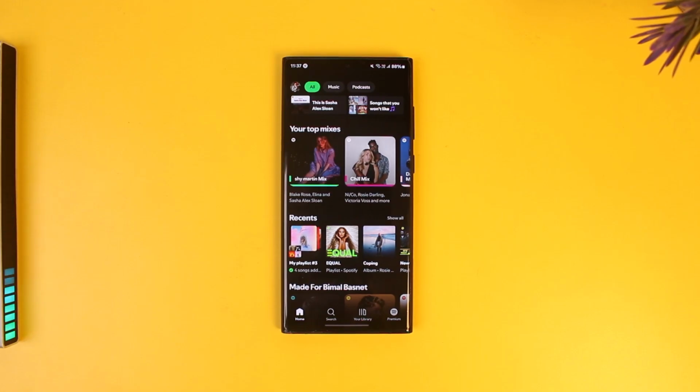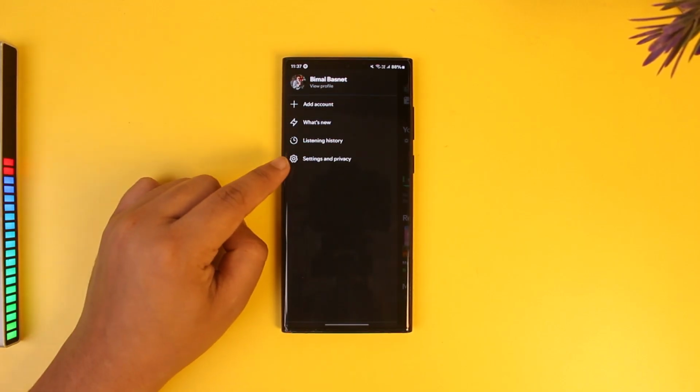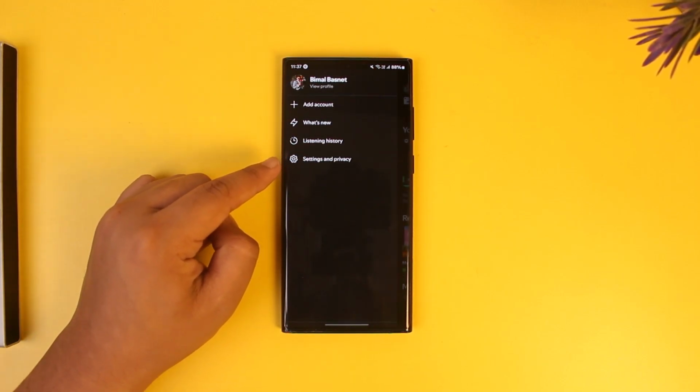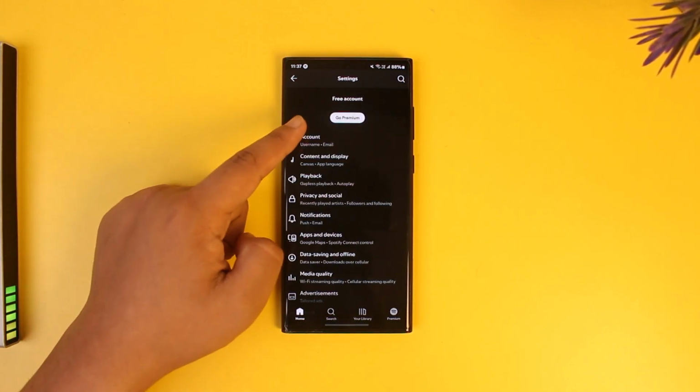So to log out, all I have to do is tap on the profile icon located at the top left corner of the screen. There you'll find the option called settings and privacy at the very bottom. So tap on the gear icon that says that, and once you're here,